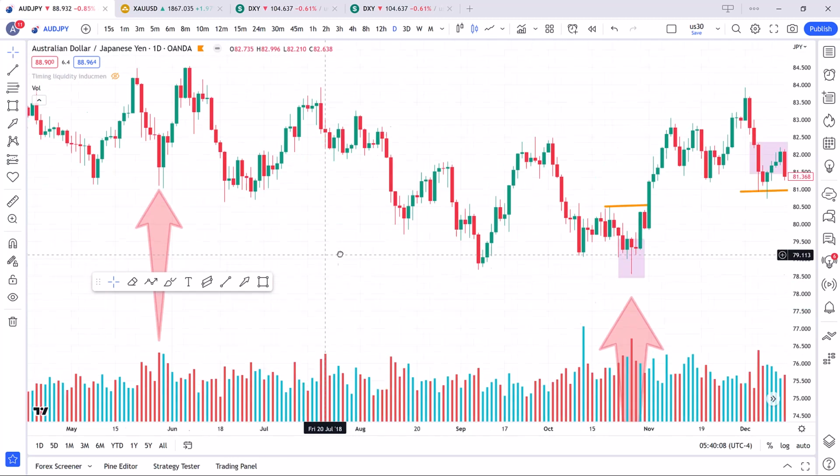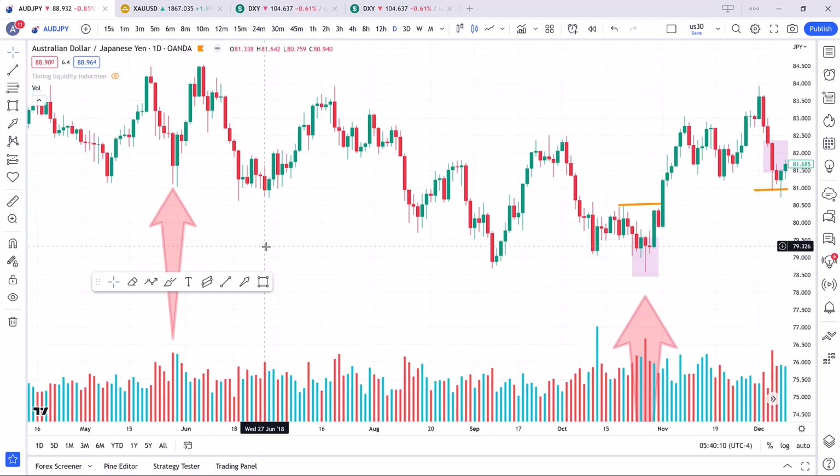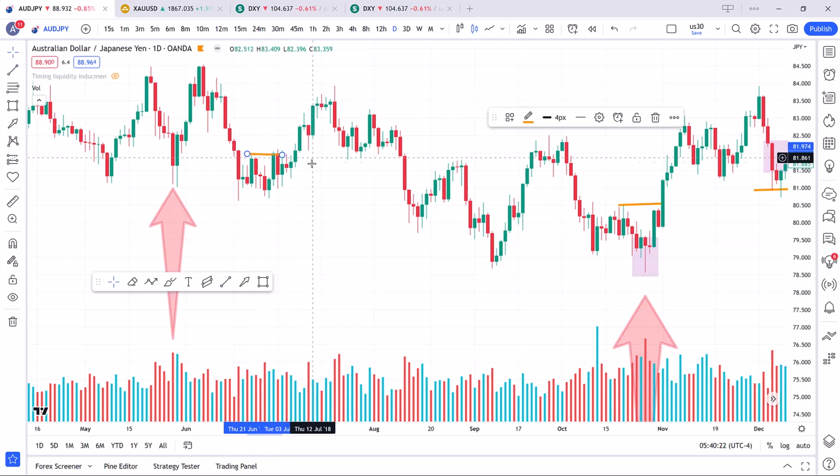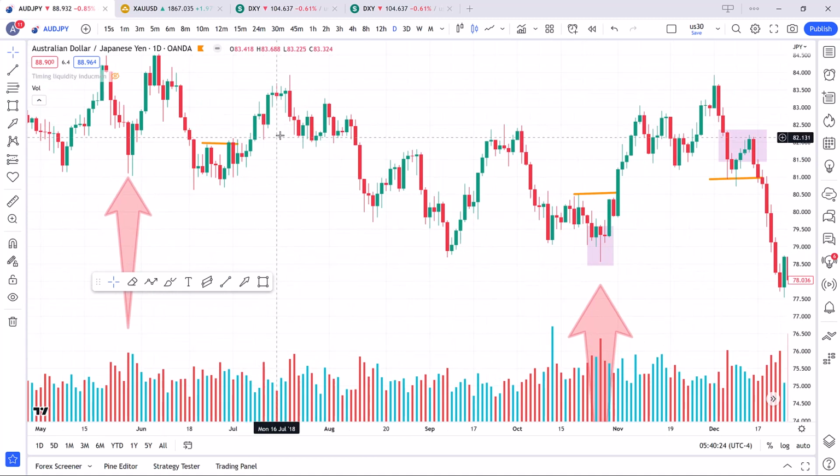We have something here. It is important. Why? Because it is some kind of high volume. It is not the high volume I want to see, but it is a high volume. You can see that it came up and it broke this structure, so we can start to buy in lower time frames. Another example is here.